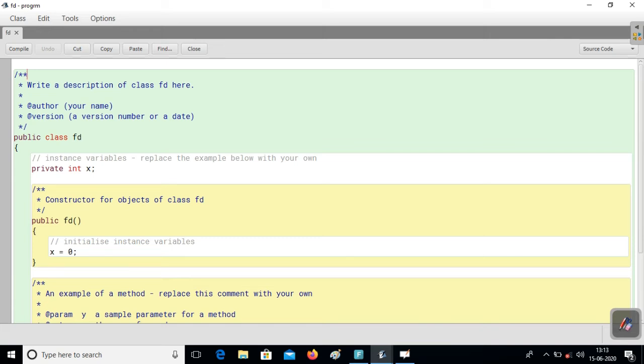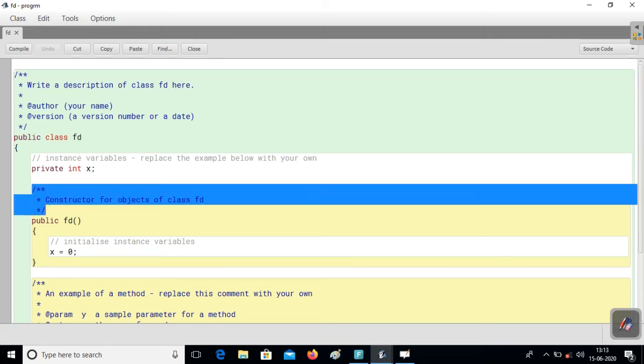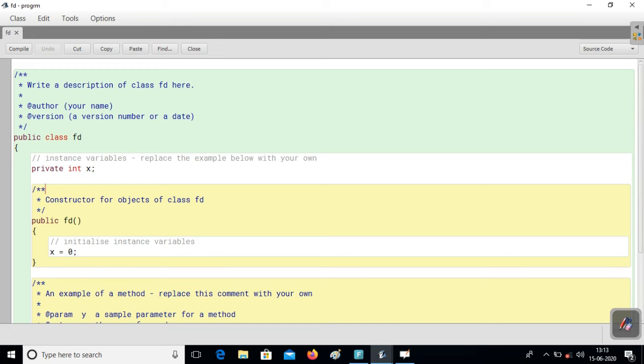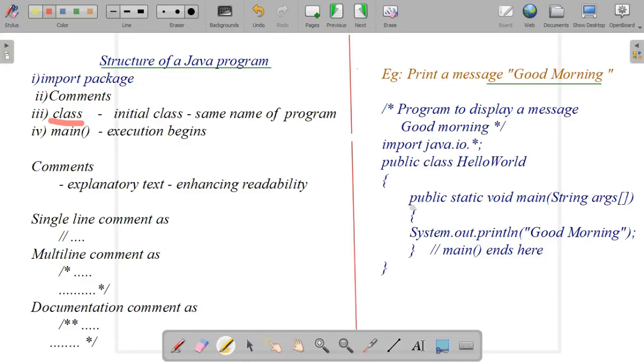That is the documentation comment. Here and one more here, such as what the constructor is and how it works. These are the three types of comments: single line, multi-line, and documentation comment. Next one is the class.